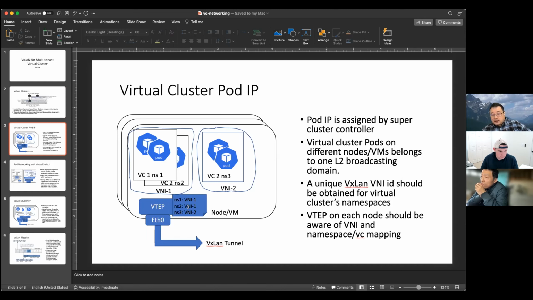So this is the basic idea: use VNI to isolate different virtual clusters. With the advantage of a layer 2 broadcasting domain for all the pods within the virtual cluster, the communication between the pods within the virtual cluster is much easier, because they belong to one single layer 2 domain, and they can ping each other and have much simpler policies to deal with their communication. But across